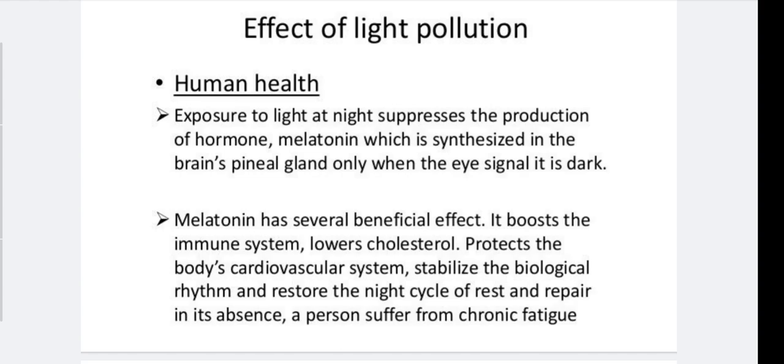It boosts the immune system, it lowers cholesterol, and it is good for the cardiovascular system and biological rhythm, what we call the sleep and wake cycle, and it will restore the night cycle. And if a person does not have good production of melatonin, he will have chronic fatigue. That is called the effect of